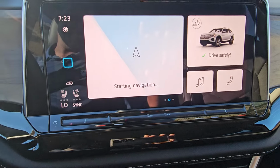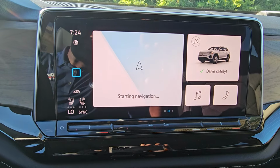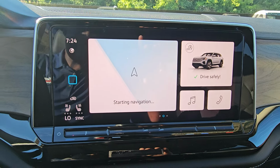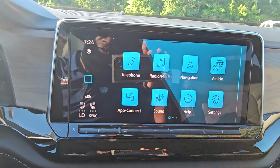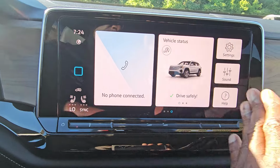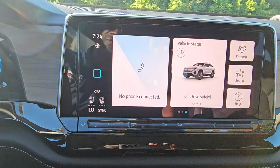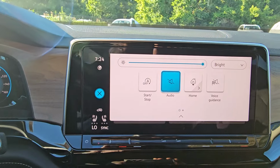The things that are different this year are this big giant infotainment screen. This is a 12-inch screen right here. So with this screen here, I do have this split screen display, or I have this home screen right here with the tiles. I do get gesture control. You'll see there's 3 little dots down here. I went to the middle one there. That's the last one. Now I go back this way. So you have gesture control for those,